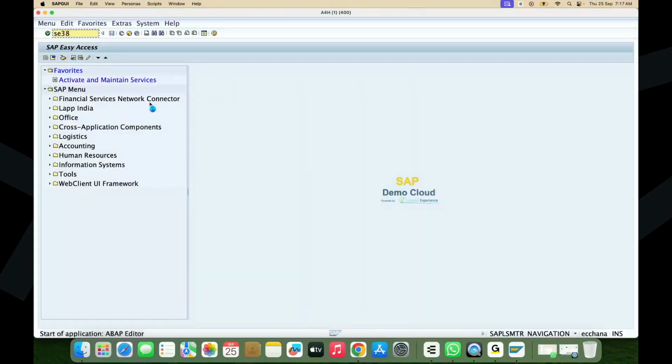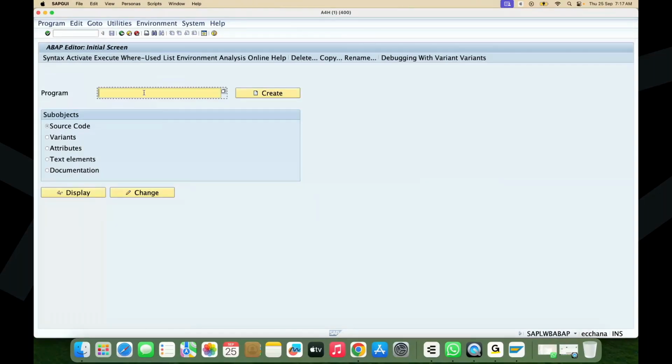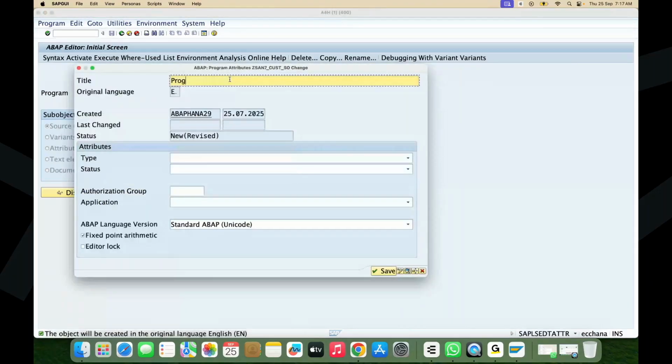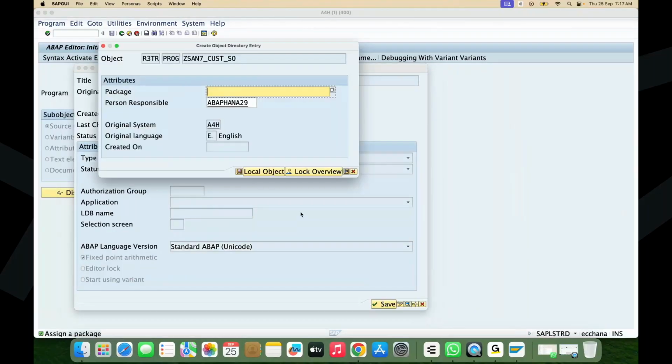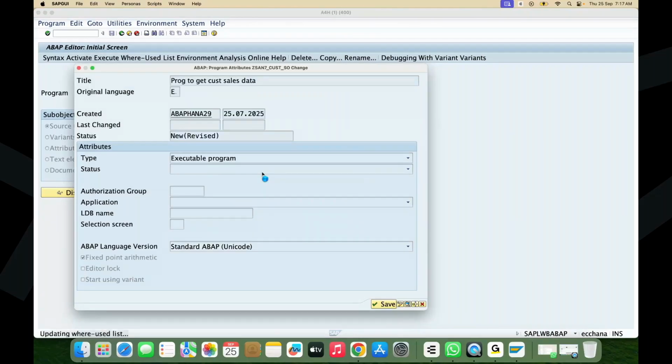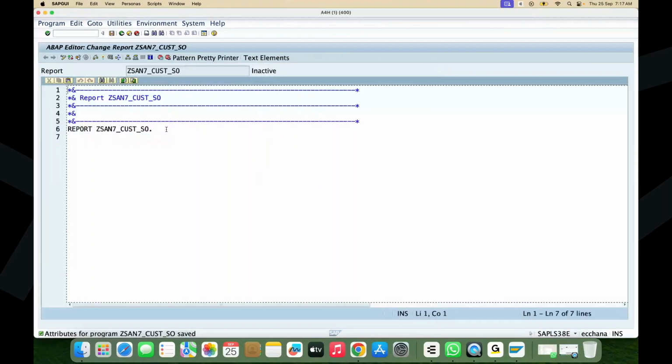SC38 is our T code to create a program, and here I am creating a program, customer sales order report. Click on create. Program to get customer sales data, and type of program is executable program. Click on save as local object. Now here